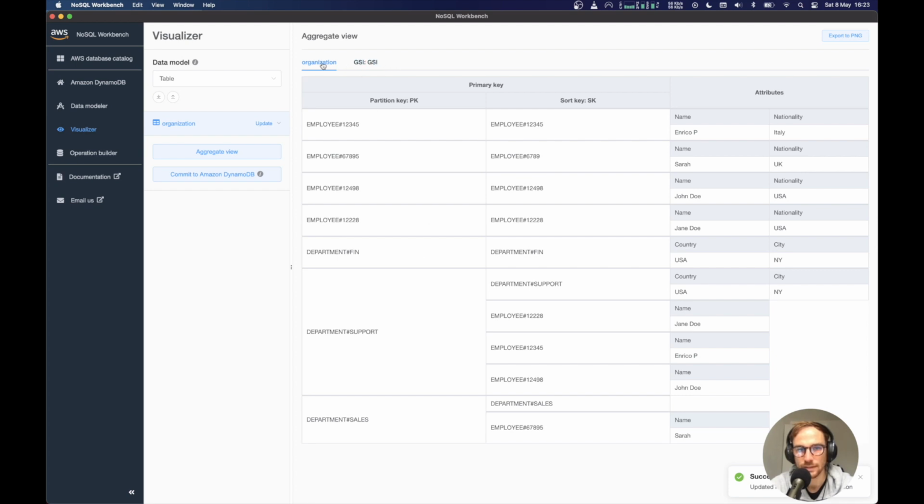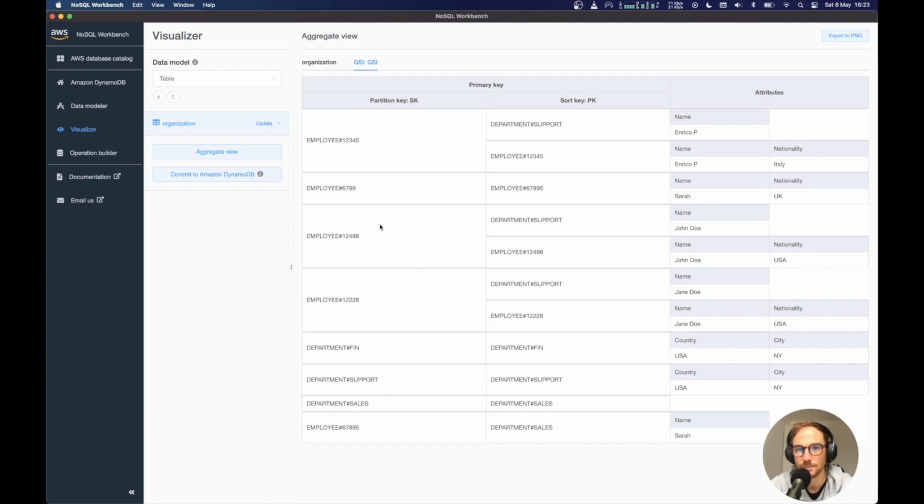you see there's a different aggregate view. So this is the main one with partition key and sort key, or the main table. And then we have the GSI here. So in this case, we have employees that are only in one department, but if we add another